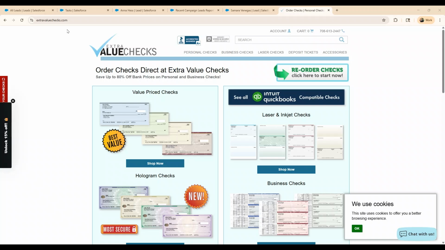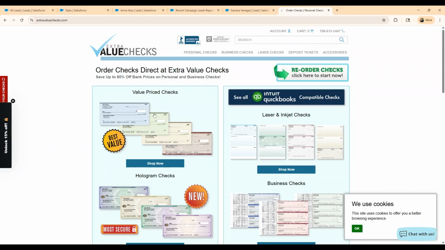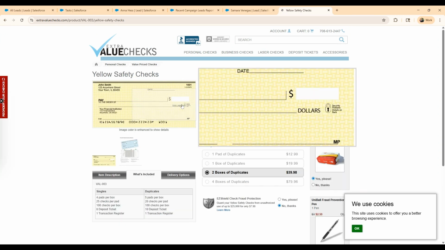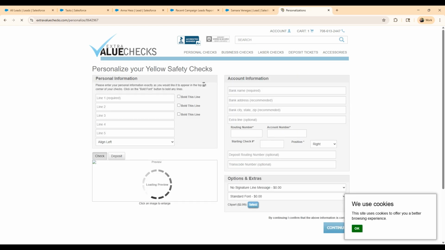So first step, the best website we found is just go to extravaluechecks.com. From there, it should take you to this page. I usually just do the value price checks. We'll click on that, and then we can select any one of these. It really doesn't make a difference. I'll just hit the yellow safety checks. Once you've selected the check, you're just going to want to hit add to cart, and it should take you